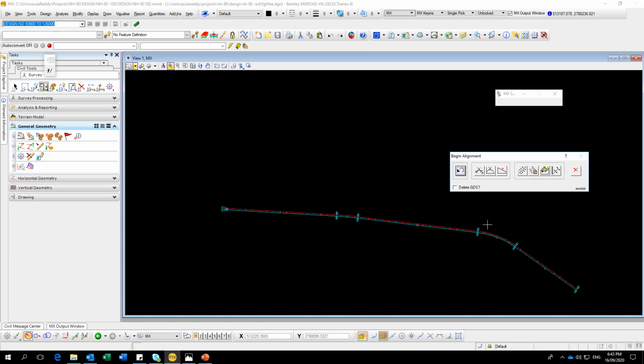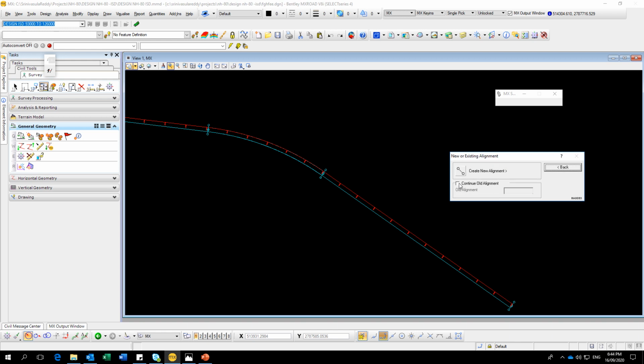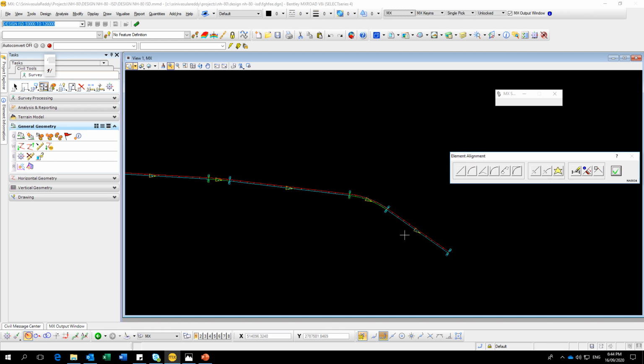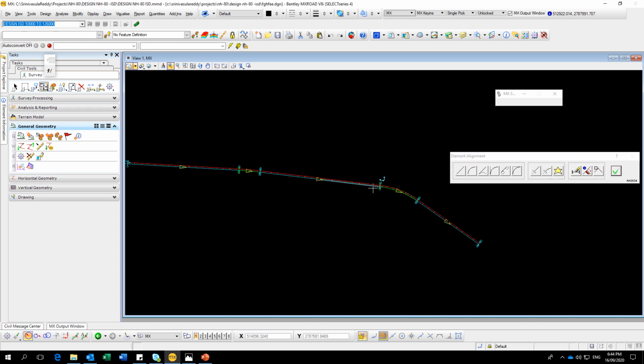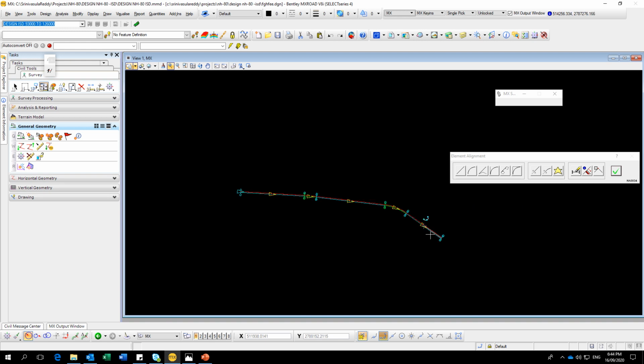Now, if you want to edit the alignment you have created, then continue old alignment. Just select, then next. See, it will get displayed. Curves will be highlighted in green color and straights in cyan color.